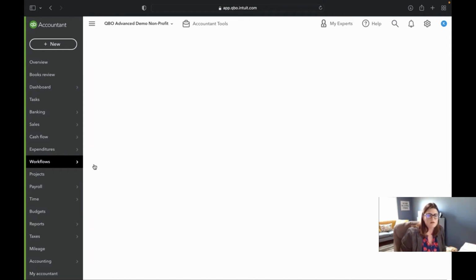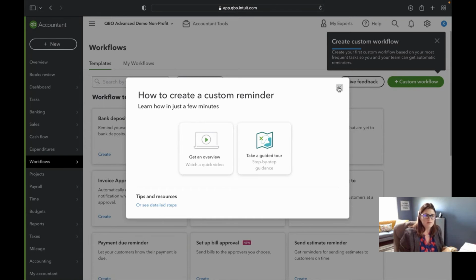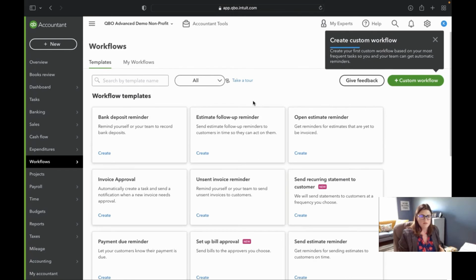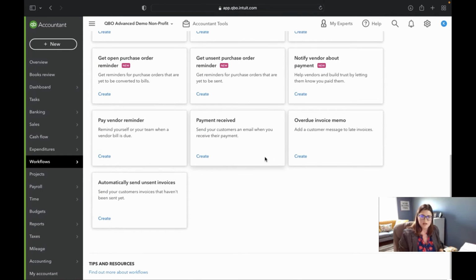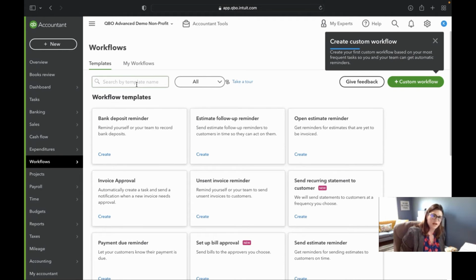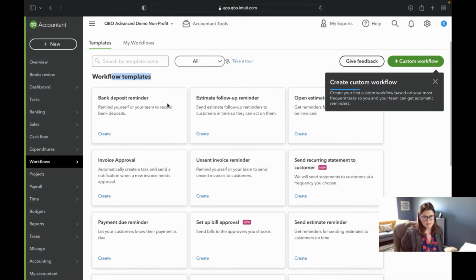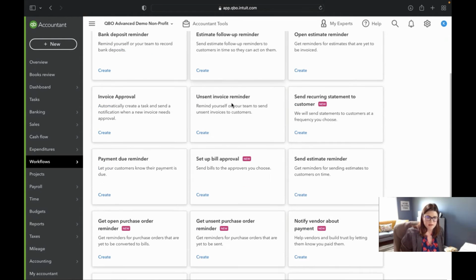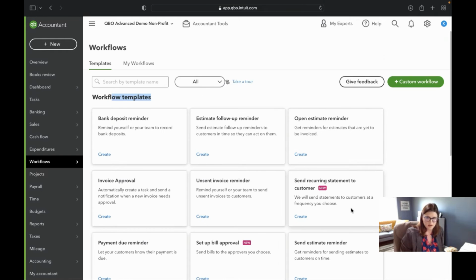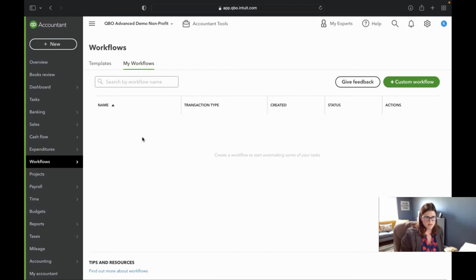So we've talked about workflows before. I've gone through some really simple ones. I'm not going to dive too far into this because, as you can tell from some of our earlier demos, QuickBooks Online is growing by leaps and bounds. It's everything I can do to keep up with it. So you won't see as many of these features in my older demos, so I need to keep it brief so that we can move through. They add to these workflow templates all the time. Okay, but here's your templates. You can also create a custom workflow and so forth. And then here's the ones that you've saved.